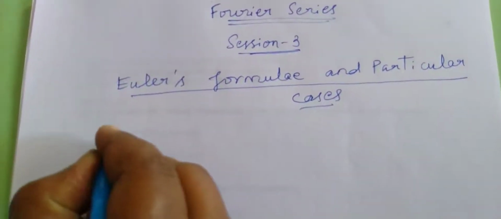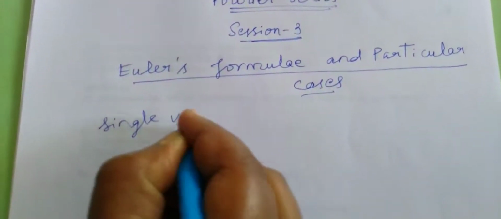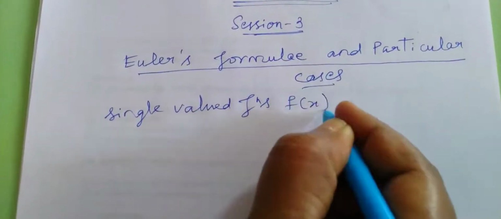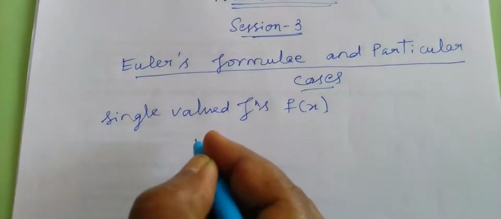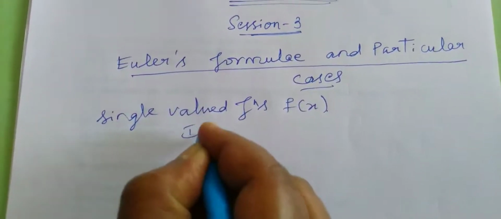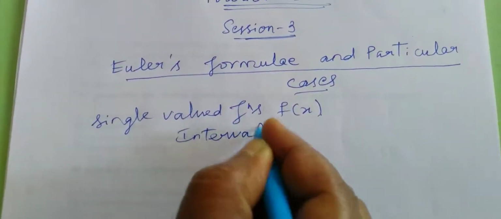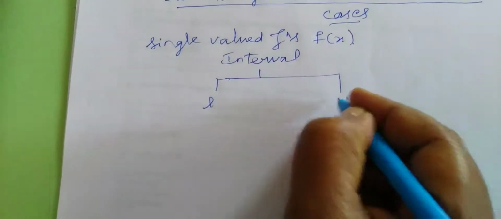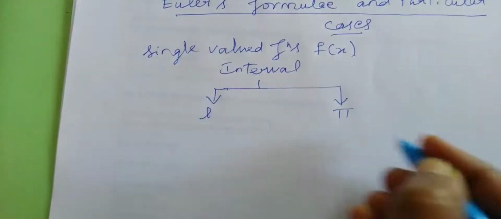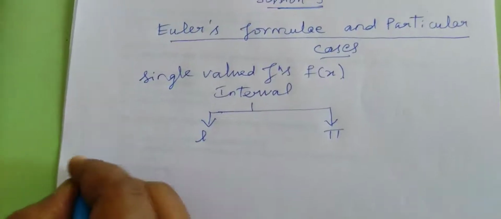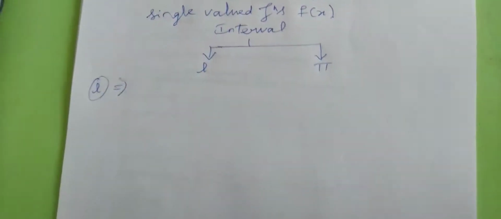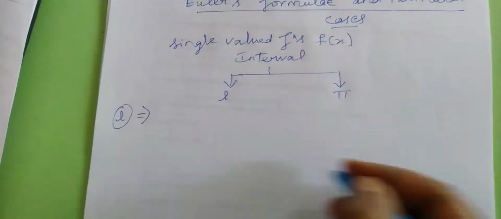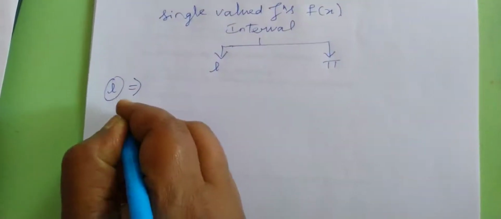So the single valued functions f of x. Now the interval that we are going to consider is either in L form or in the pi form. We are going to consider two cases, L and pi. If we consider the L case, the indefinite functional Euler's formula can be written as, in the case of L,